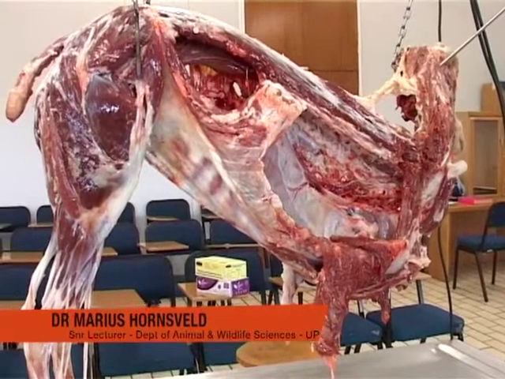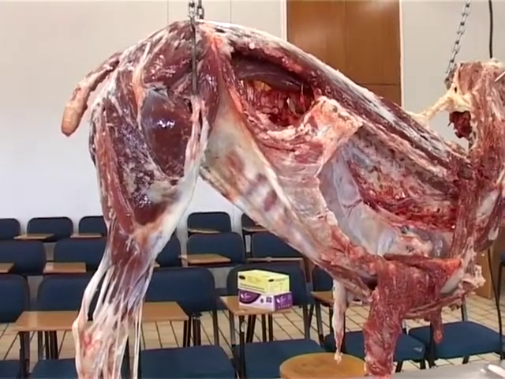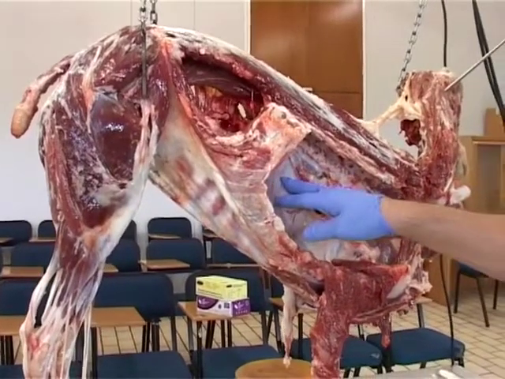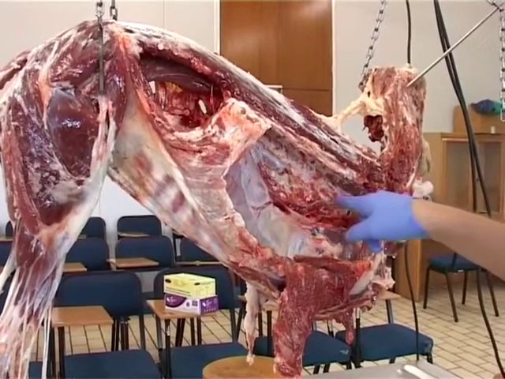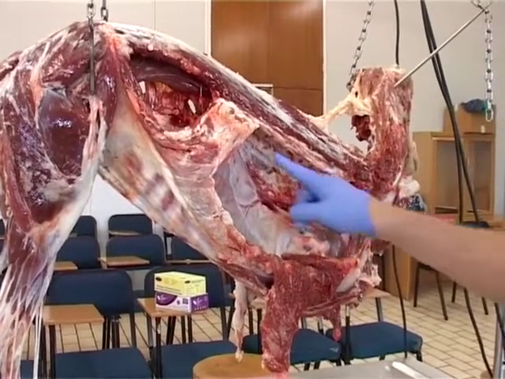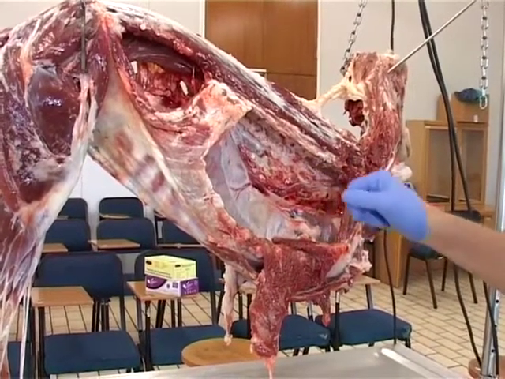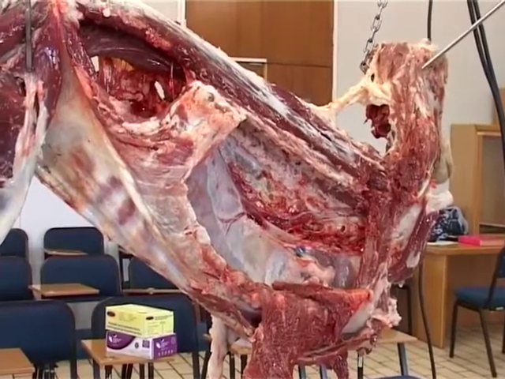This practical mainly revolves around the muscles and the nerve supply to these muscles of the hind limb, but we also do the diaphragm and the nerve supply to it, and we do the nerves that run through the thorax, including the sympathetic chain and the vagus nerve, in other words, the autonomic nerves. I'm going to start with the hind limb muscles.